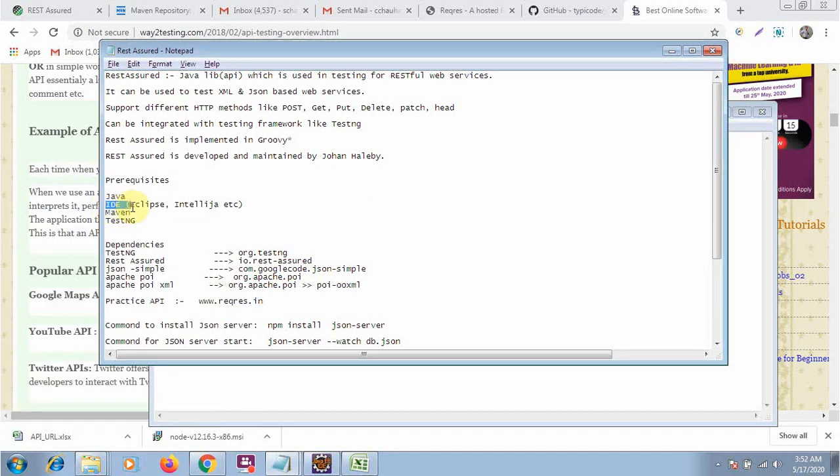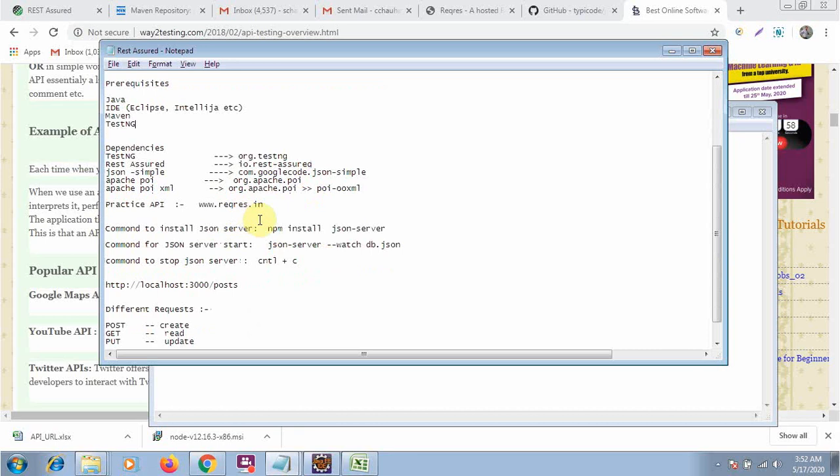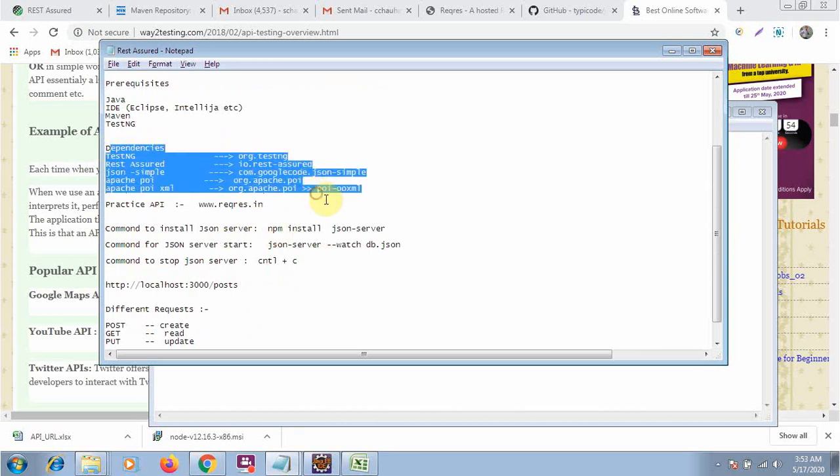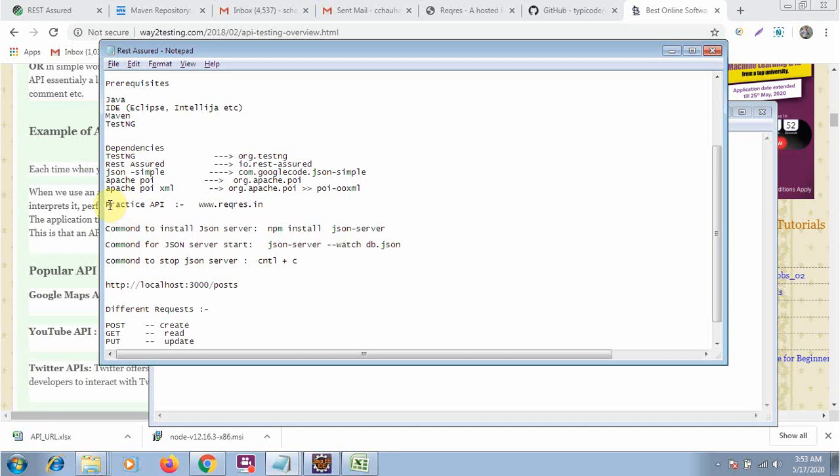Then you should have an IDE like Eclipse or IntelliJ. Then a build tool like Maven or Gradle, and the TestNG framework, or JUnit if you are using it, but I recommend TestNG. In the configuration part, we will learn what dependencies we need to add in our project.